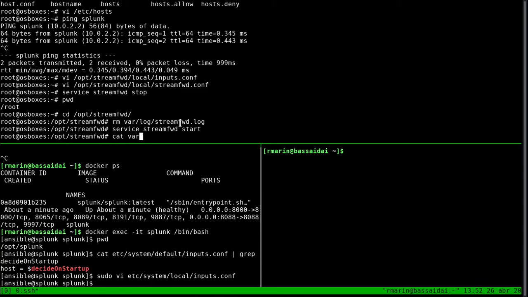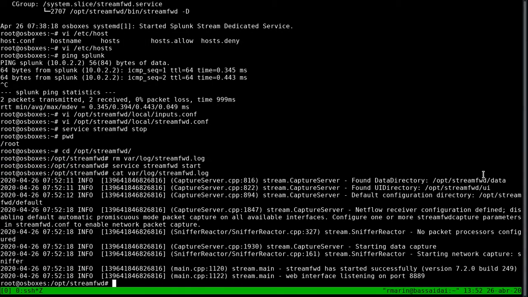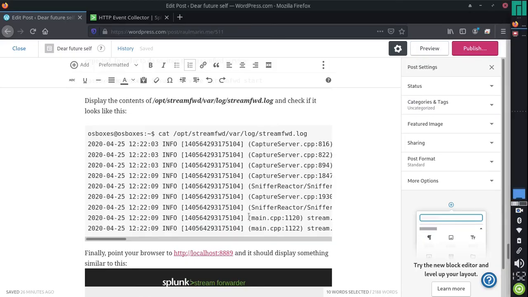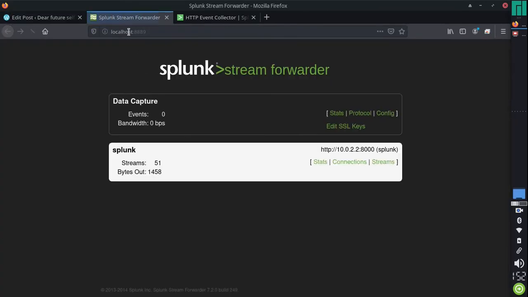So let's do so. Let's make it bigger, and there we go. So this is good news. Everything is info. We don't have any warning, we don't have any error, any fatal, and everything seems to be okay. In order to check that it is actually okay, we can also access the Splunk Independent Stream Forwarder web UI, and this is what we are going to see increasing once we are capturing NetFlow traffic,